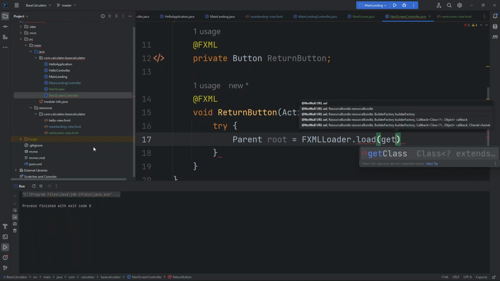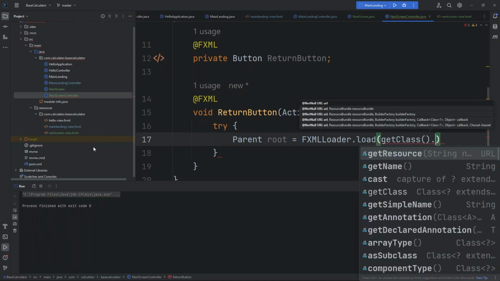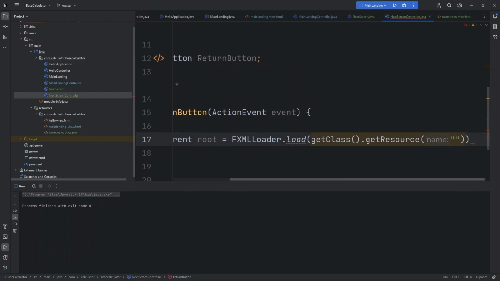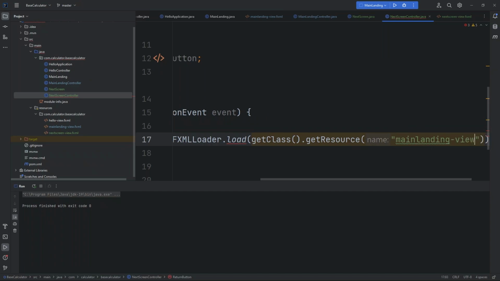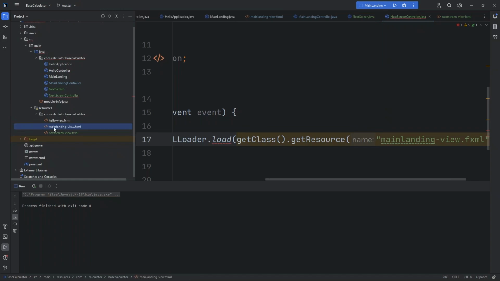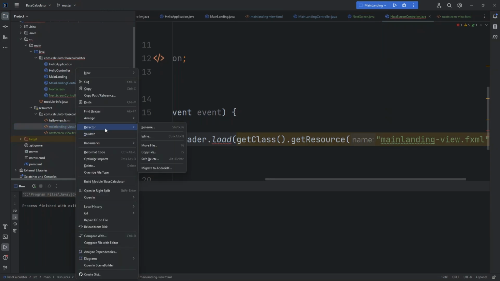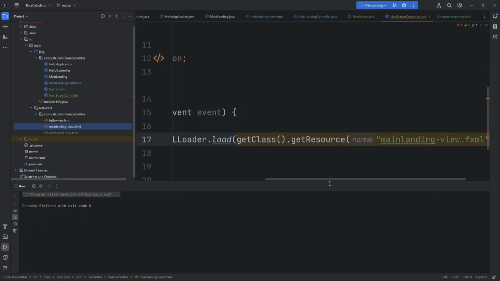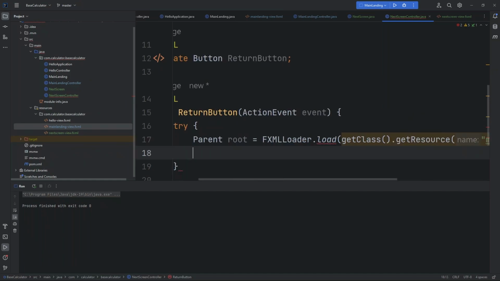Now I need to add a get class and get resources from the main landing view fxml. Now I need to provide the fxml file's name here, so that would be main landing view dot fxml. If you worry about something going wrong, you can simply click on main landing view fxml, right click on here and copy path. You can simply get the file name here. I need only the file name for now, so I can simply control v paste, and that's it. Add a semicolon at the end, and